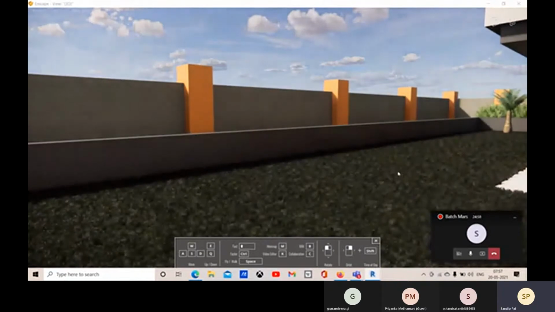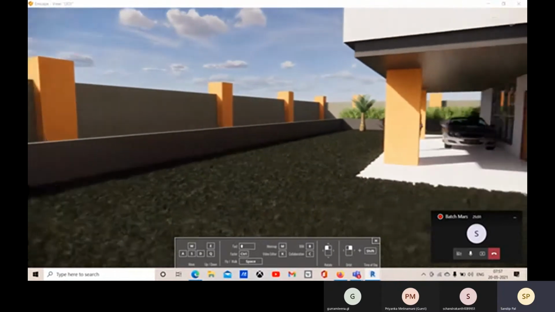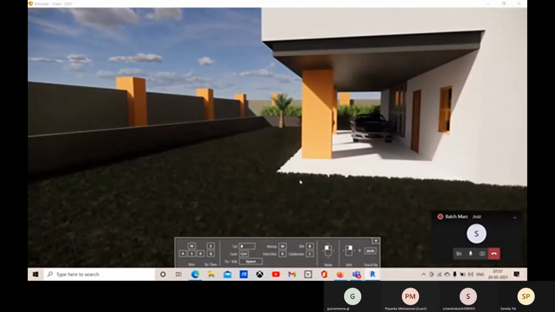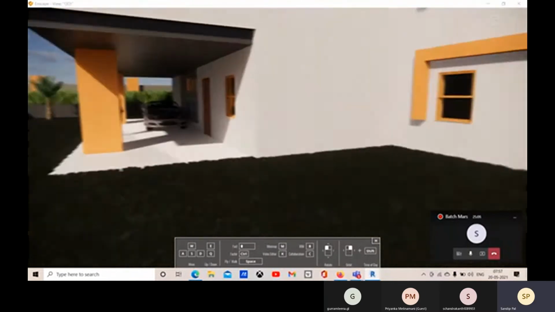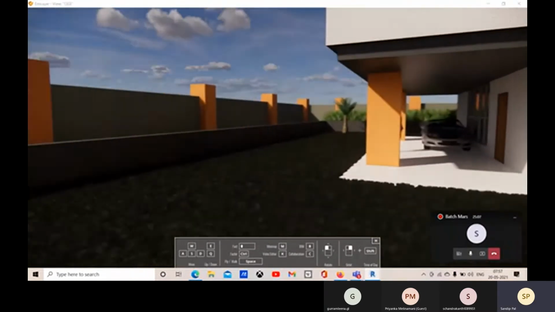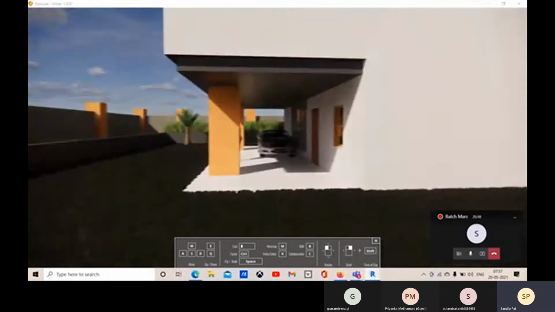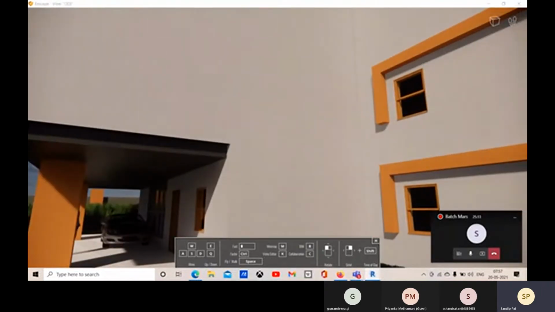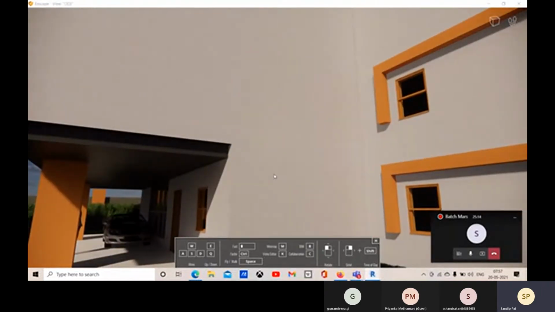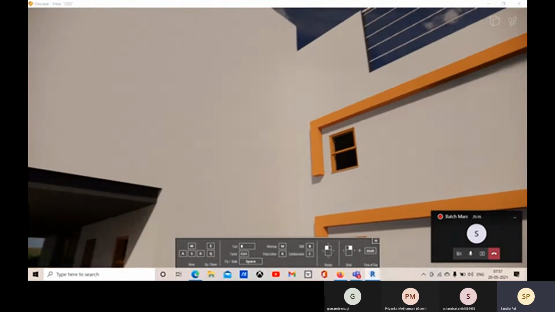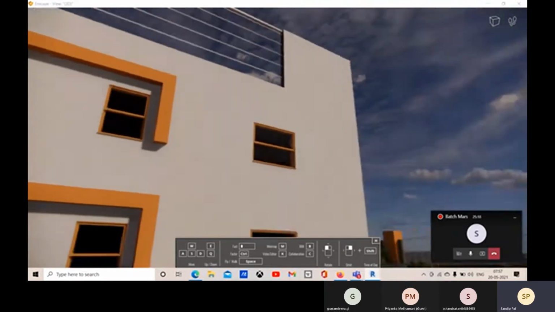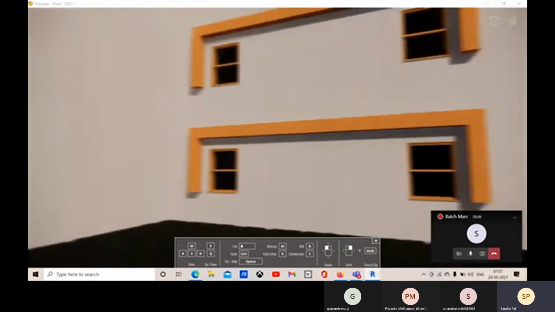If you want to rotate around, being at that position without changing your position, hold your left mouse button and then move your mouse around the model.